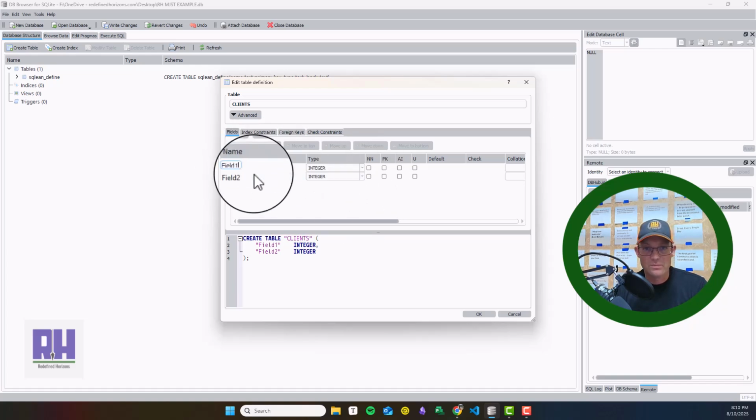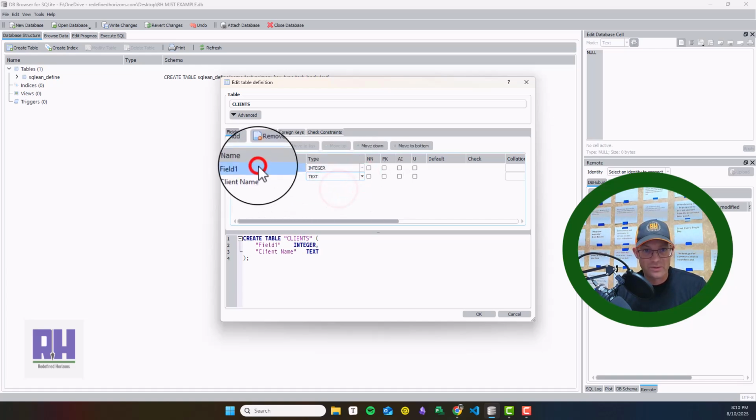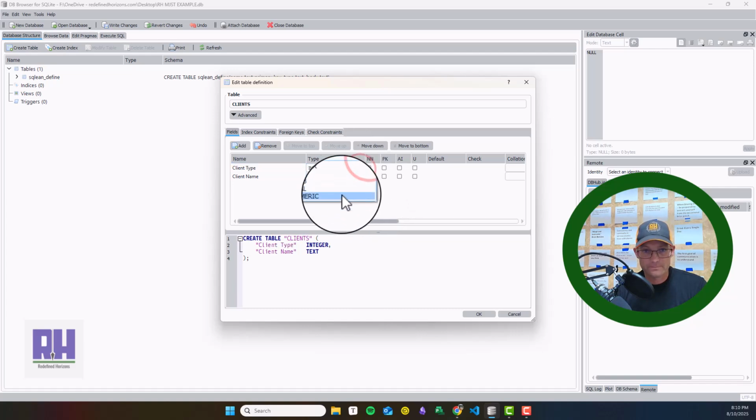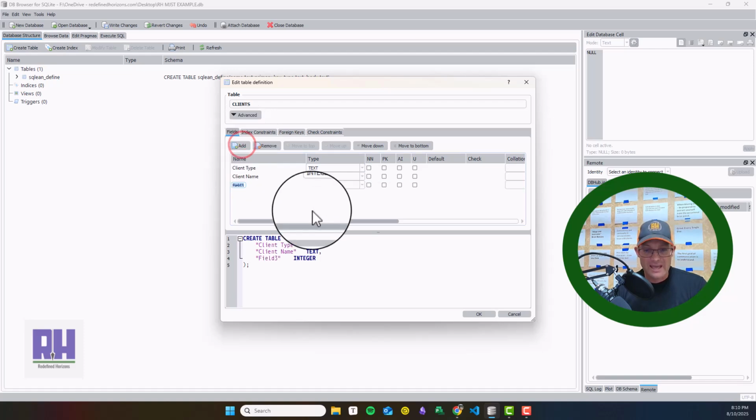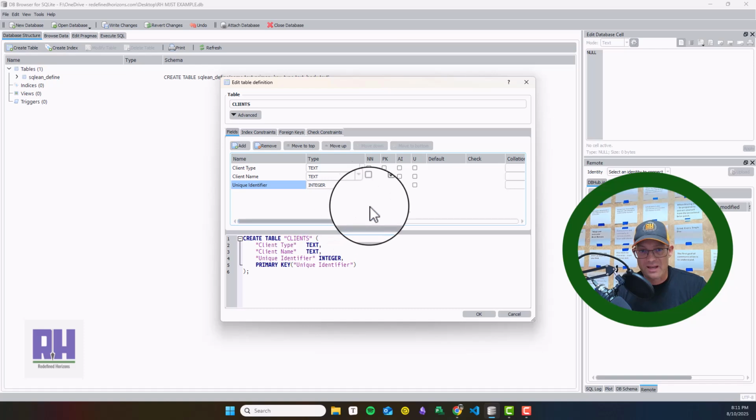And then we'll make this a text field. And we'll call this client type. And we'll make that a text field. And then I always like to add a unique ID, so we'll say unique identifier, and that can be an integer. Now, because this is my primary key, I'm going to say it has to be the primary key,